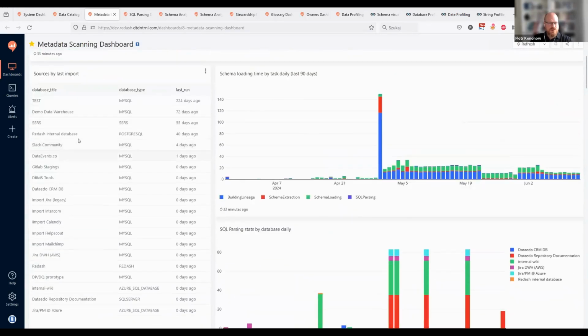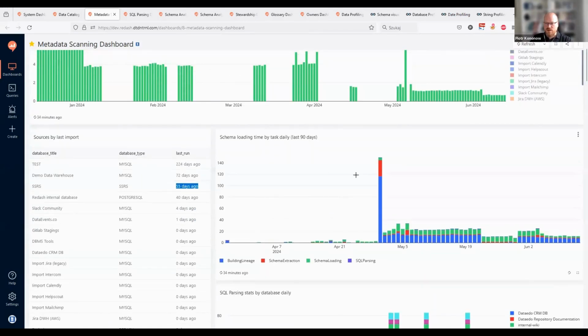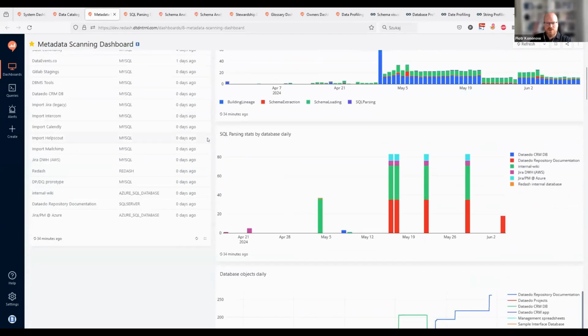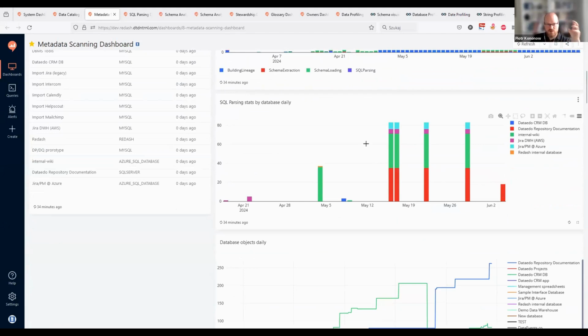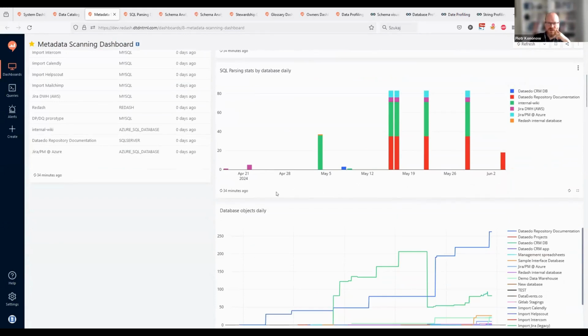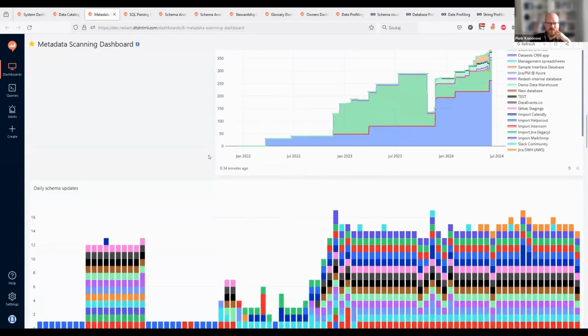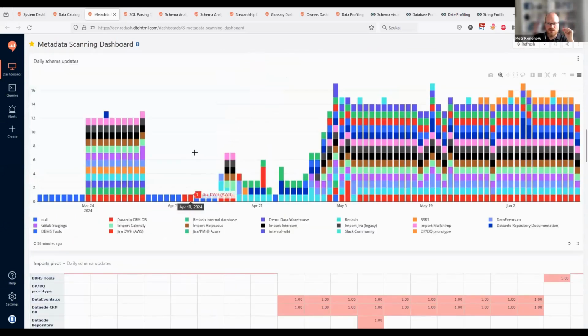Okay, here's an overview of the sources and when they were last imported. It doesn't have color coding, so we could color code it, right? So this one, okay, this is a test, so it's not important, but you can see this one was updated a long time ago. This is one of the particular tasks of the import. This is parsing and how much time it took. So SQL, just the step of SQL parsing when it was performed, and I guess how many objects or something like that. These charts were already shown on the other one.